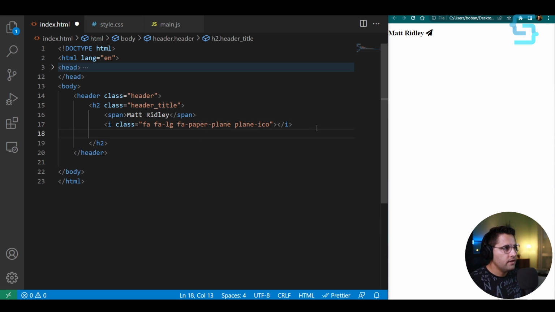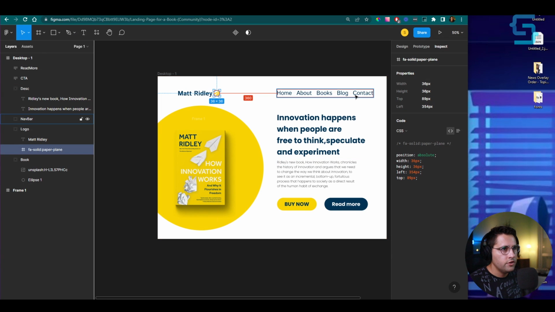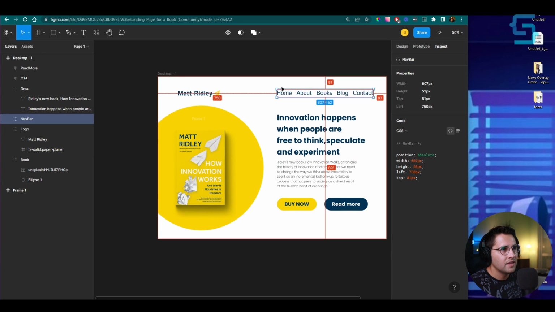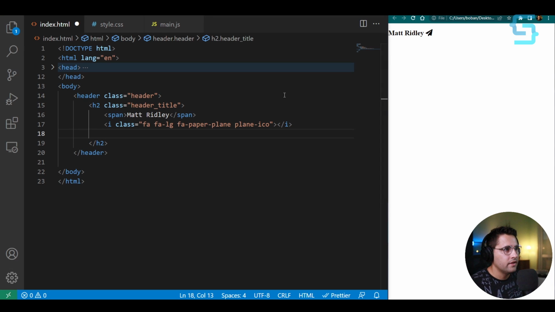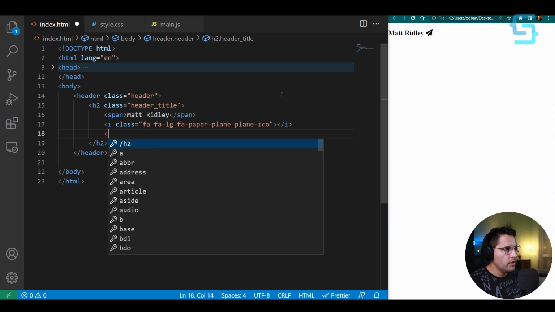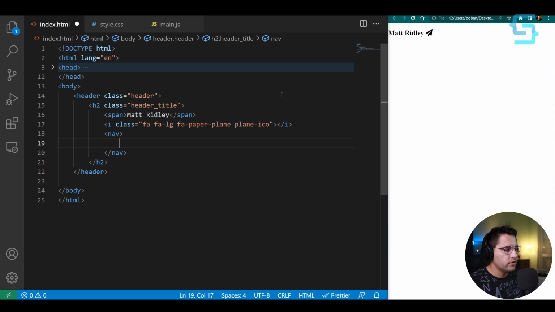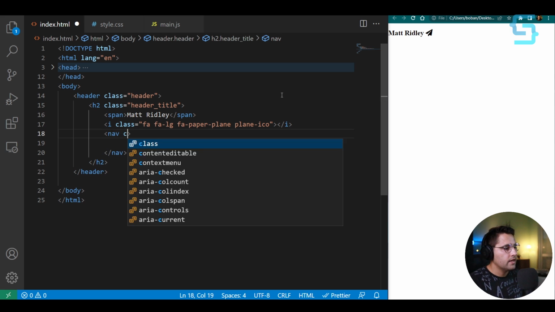On the right side, we have the navigation with the links. These links can be external or internal, depending on if you're building more pages to this website. For now, these are just going to be static, and on this page, they are going to be external links. So add a nav element for navigation, and let's add a class